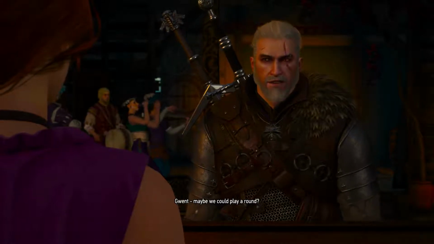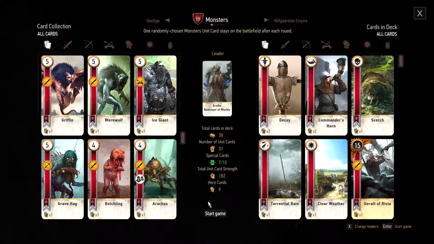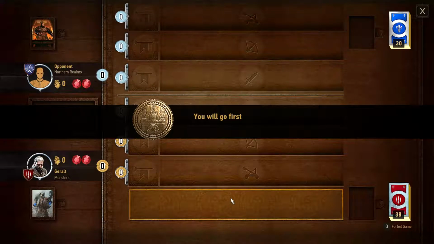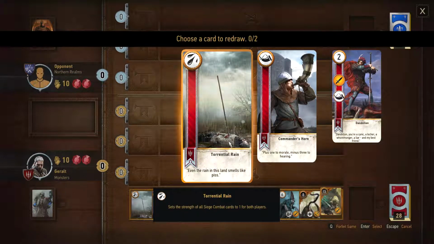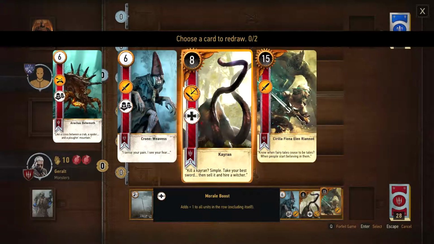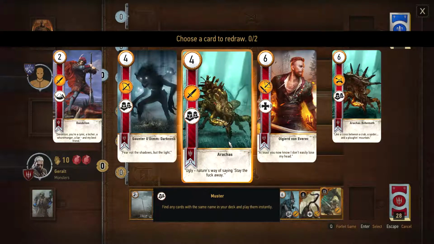Gwent, maybe we could play around. Wry little smile, oh yeah. Right. Gwent time indeed. Oh, we're playing against Fall Test, I'm gonna have to be careful here. Oh my god, we actually drew a crone. Miracles do happen, and we got the Arrakis Behemoth, along with a...